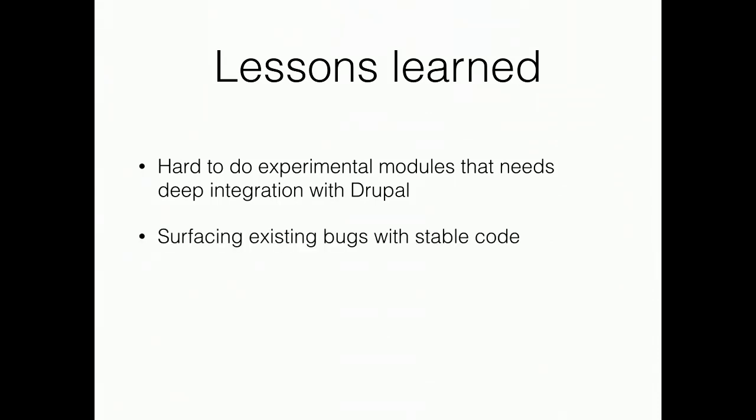Again, surfacing a lot of existing bugs with the code itself. In the modules that we've developed, that code is stable, but we're surfacing bugs that have been existing for a long time. And that's sort of affected our productivity in writing these stable modules. So how do we judge the release cycle and stability of the modules when the modules are stable, but they surface bugs somewhere else? That's tricky. Maybe we need to do some more work there in release management.